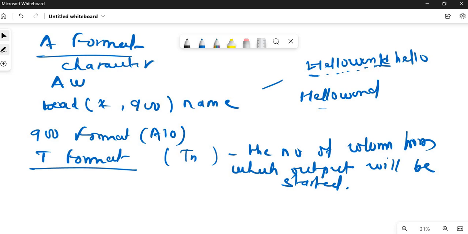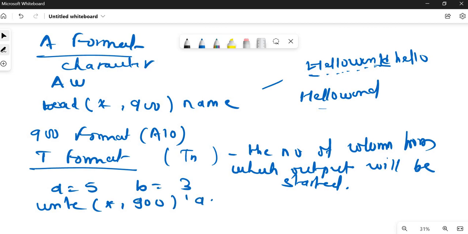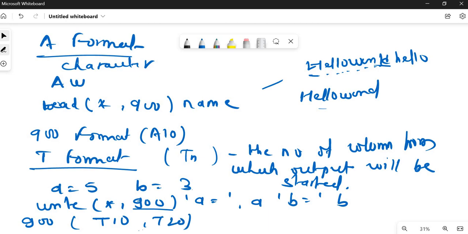Fine. Suppose you write the value of A equals 5 and B equals 3. If you write it as write star, 900, and you are going to print A equals, value of A, and B equals, value of B, in the format of 900, and suppose in the 900 format it is T10 and T20. What it is going to do is give you a space while printing 1 2 3 4 5 6 7 8 9 10, and then the value of A will be printed. Similarly 1 2 3 4 5 6 7 8 9 10 11 12 13 14 15 16 till 20, and then the value of B will be printed. It means the number of columns it is going to skip, or the number of columns from which the output will be started. So it will leave 10 columns and then the output will be